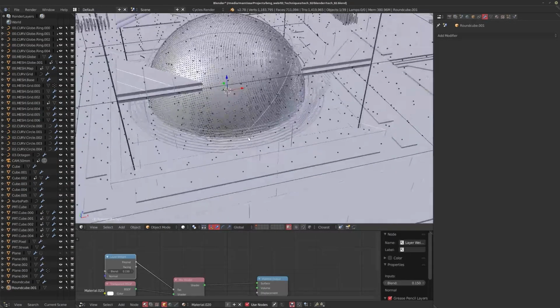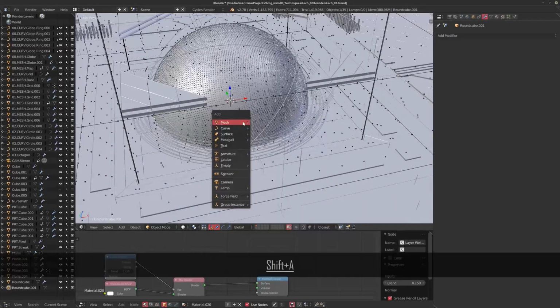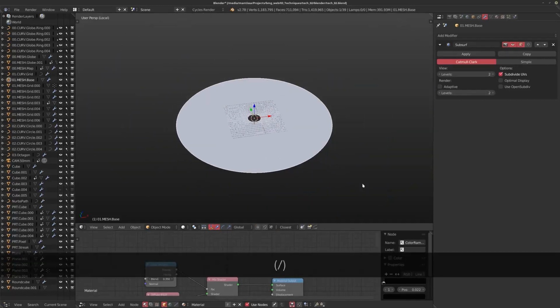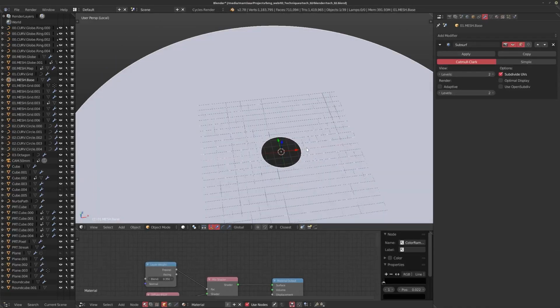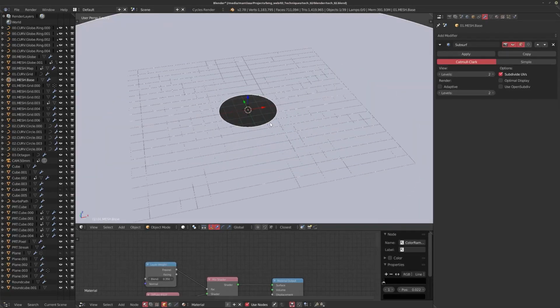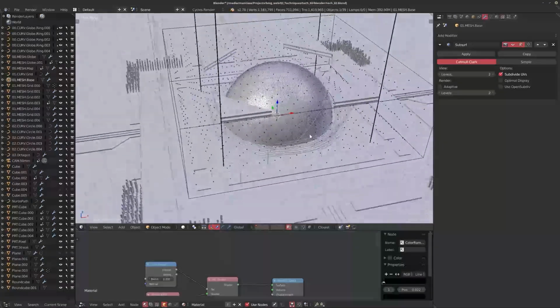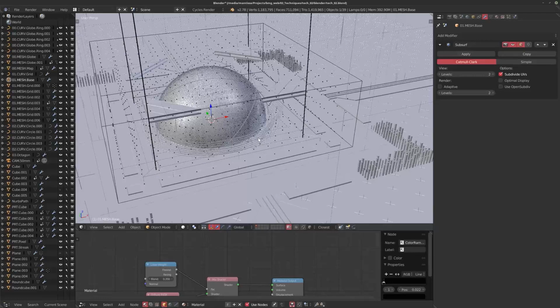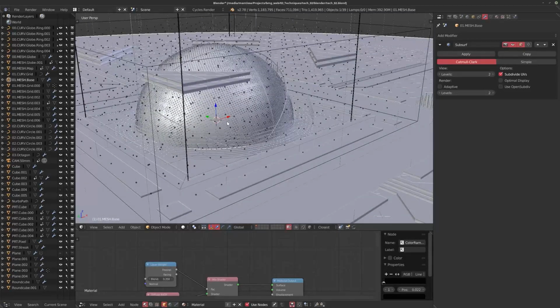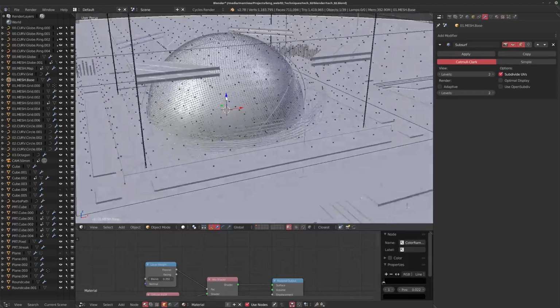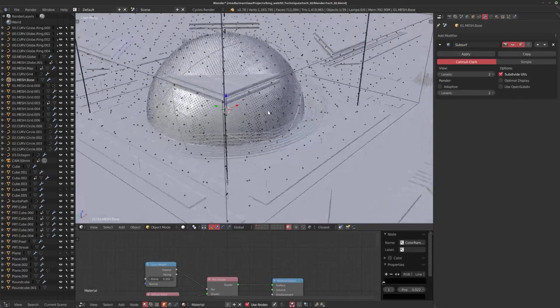Honestly, what I started with was I drew a circle, just a very simple circle mesh. I believe it was this one. I extruded it, I cut a hole in the middle, and that's where I started. That's it. And then I had an idea. I sort of wanted to put like a world map. I wanted to have this sort of a map UI or whatever. So I put that globe in the middle, and then I just started layering different versions of it until I finally got to, I think, 3 or 4 or 5 layers.